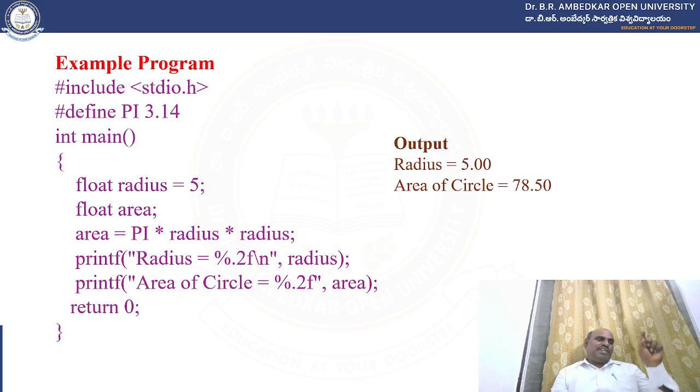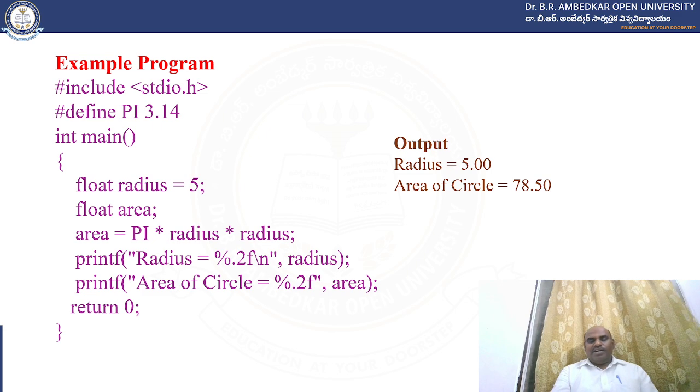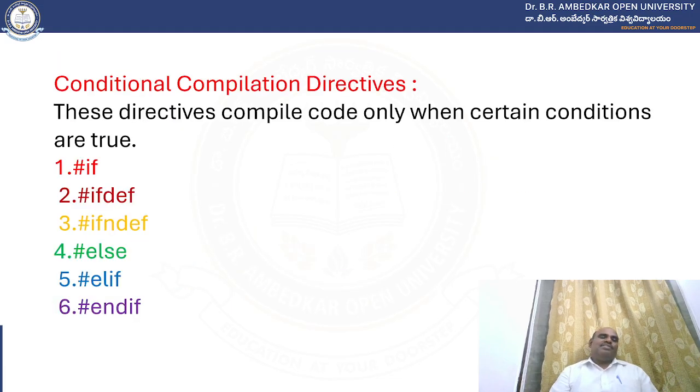The first one is hash include. The second one is hash define, which defines the constant value. So this is the example program of preprocessor directives. Next,